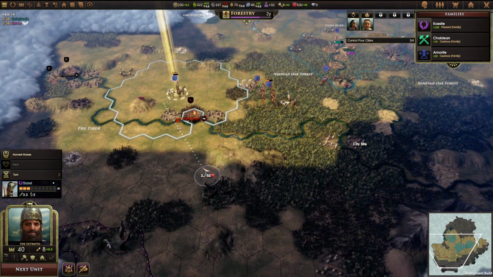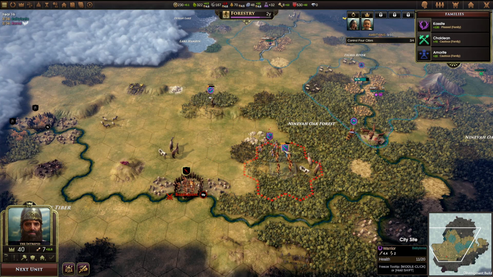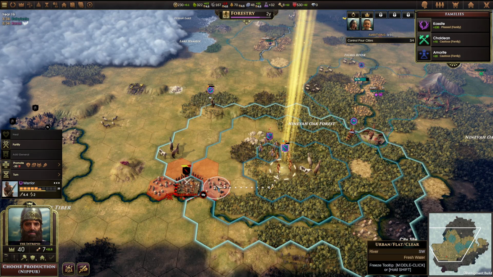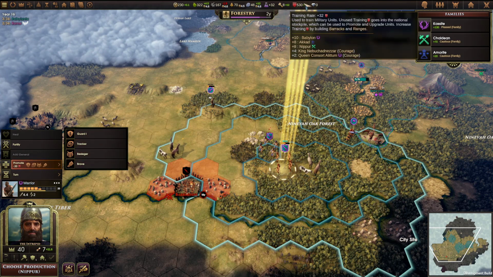I think we do need to settle here, though. At the very least, lock this down. But you need to get the heck out of there, dude, before you die. Okay, warrior is a little susceptible right now. Now, he didn't move this turn, which means I can actually upgrade him. It's going to cost us...